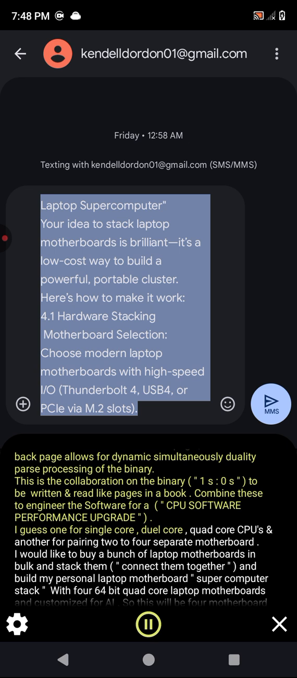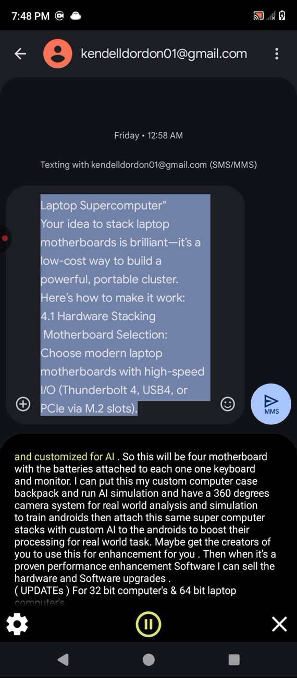I guess one for single core, dual core, quad core CPUs and another for pairing 2 to 4 separate motherboards. I would like to buy a bunch of laptop motherboards in bulk and stack them, connect them together, and build my personal laptop motherboard supercomputer stack, with 4 64-bit quad-core laptop motherboards and customized for AI. So this will be 4 motherboards with the batteries attached to each, one keyboard and monitor. I can put this in my custom computer case backpack and run AI simulation and have a 360 degrees camera system